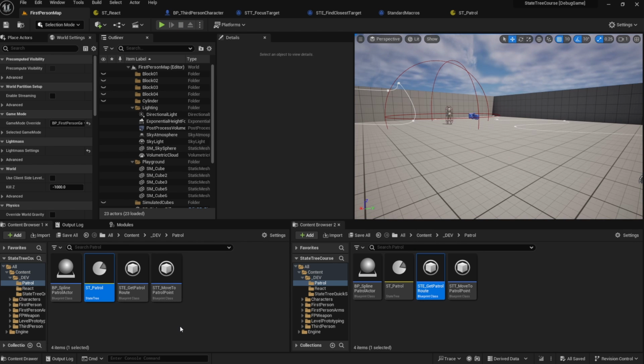But yeah, that's essentially the react state. Now we're going to think about how we're going to implement the attack state. So I'll see you guys in a sec. Okay, so our attack state is going to be fairly simple as well. We're just going to use this sphere component to trigger everything. If somebody is in this reaction state, we're going to focus on them, and whoever is the closest will focus